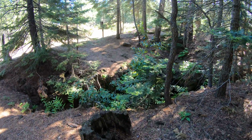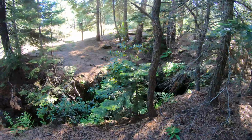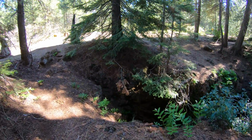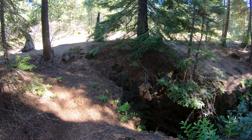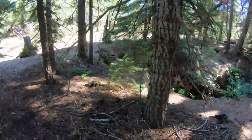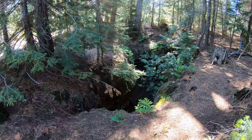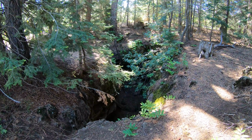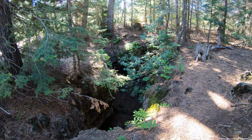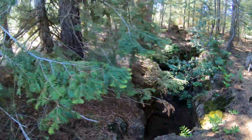Alright, so here's the entrance. She's nice and green. There's the ladder. That's the only way in and out, unless you know how to climb ropes. Notice in the good old days, there's some rock ledges here. If you're feeling really brave, you could try to climb down there. But just to warn you, getting back out would be the hard part. As you can see, it's about 15 or 20 feet down. So you could probably try to climb down the left side there. But, you know, there's a ladder, so what's the point? Anyway,